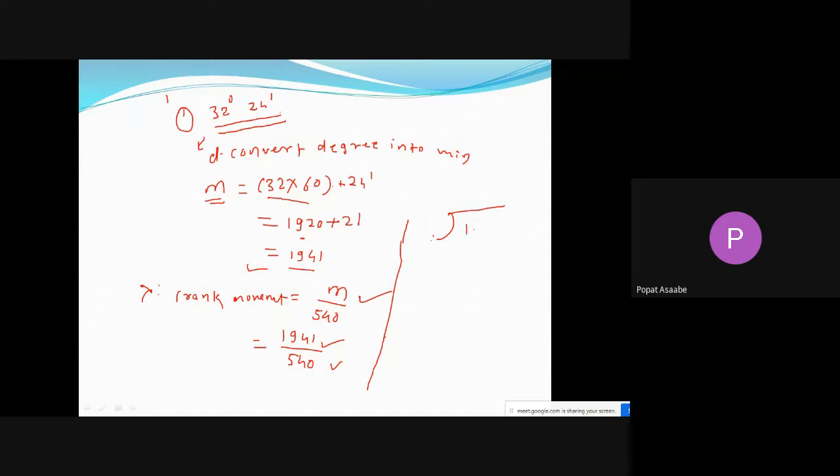That is the 944. Okay, suppose we multiply it by 3. Suppose I multiply that 540 by 3, then what is the answer? It will be 1620 like this. Okay, I have to minus it. What is the answer for that? 364. So from this we can write here like this: 3 plus 364 divided by 540. Such a type of answer is required.